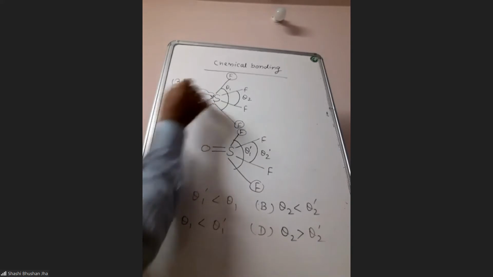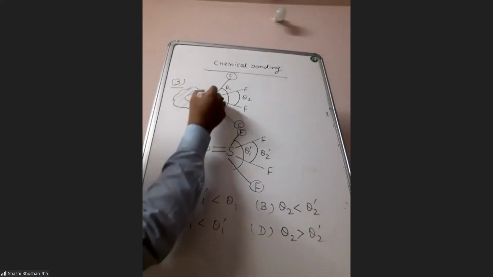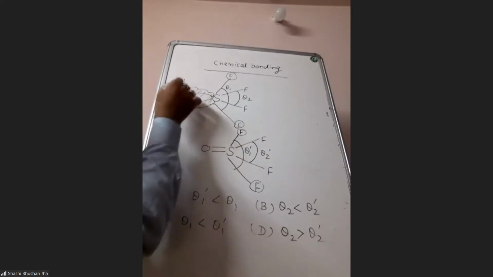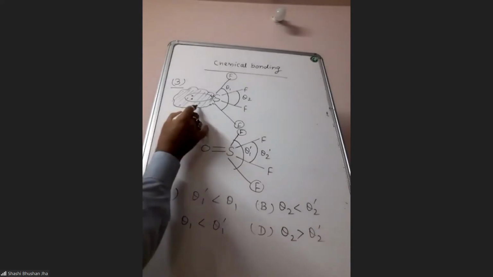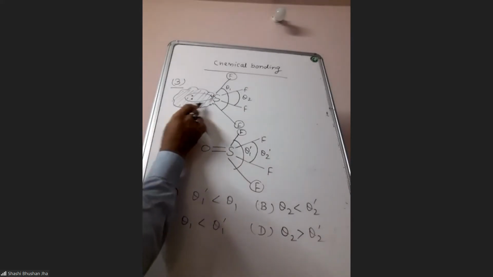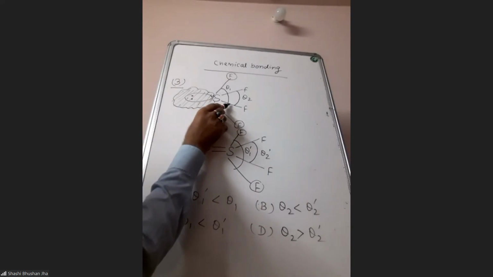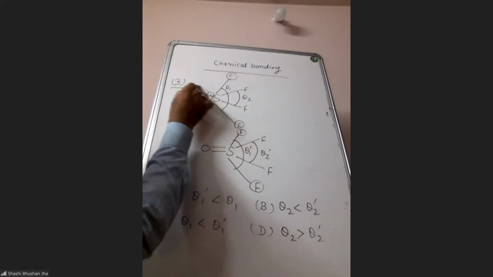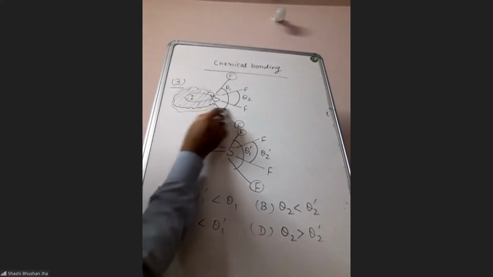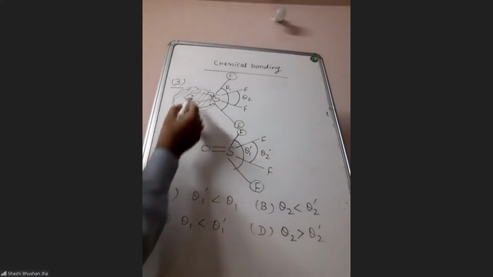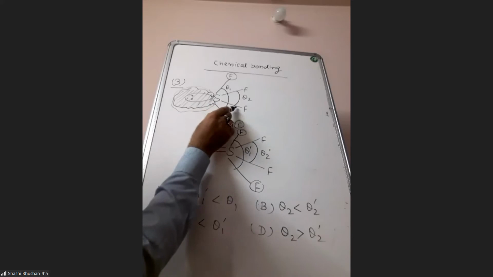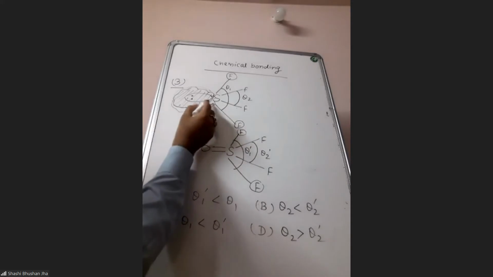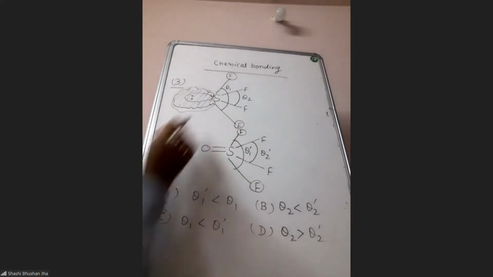This entire space will be occupied by lone pair. Its electron density will spread out and it will become very fat. It will occupy large space around sulfur. Because of this, the electron density of this lone pair will move very close to this equatorial bonds. No doubt it will repel axial as well as equatorial both, but since it is moving very close to equatorial bond, the equatorial bonds will be repelled more by lone pair as compared to axial bonds.